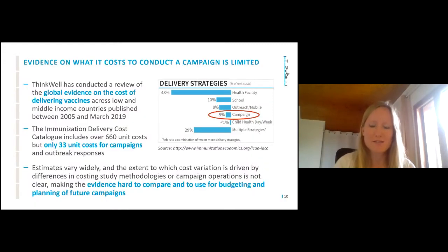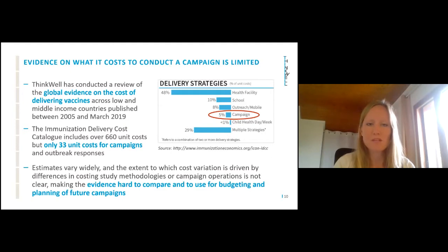So between 2017 and 2019, colleagues of mine conducted a systematic review of all evidence available in academic journals, but also in the gray literature and other types of publications on the cost of delivering immunization in low and middle income countries. Because there was a lot of evidence out there, but nobody had yet pulled that together in a comprehensive manner, this made it hard for decision makers to access and use it. And so they extracted the key data from those publications, standardized it, and then pulled it together into this large database that we call the Immunization Delivery Cost Catalog, which anyone can access on the link on the slides here,